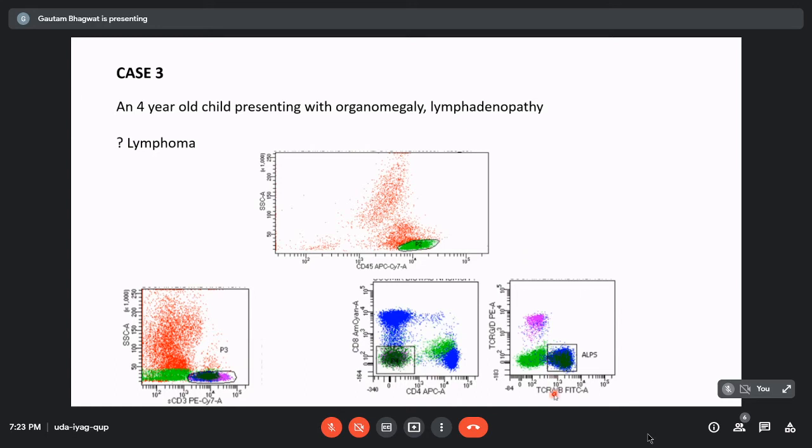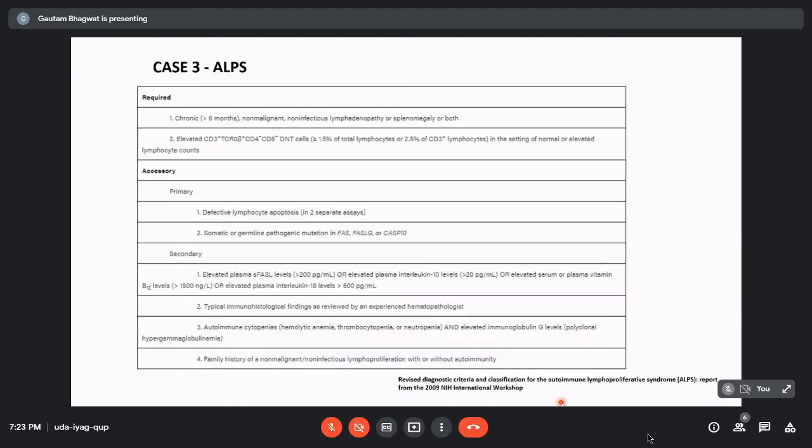these cells with TCR alpha beta and gamma delta, so these are the two receptors of T cells, when we look at these double negative cells, what we find is that almost all these double negative cells express TCR alpha beta. On the basis of all this, along with organomegaly, lymphadenopathy, and lymphocytosis, a diagnosis of ALPS was made, autoimmune lymphoproliferative syndrome, and